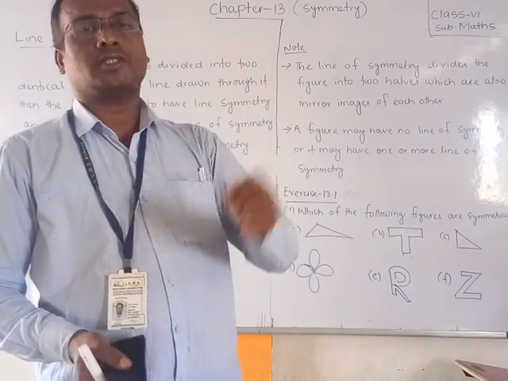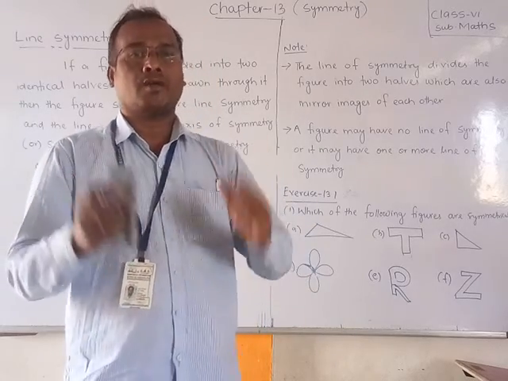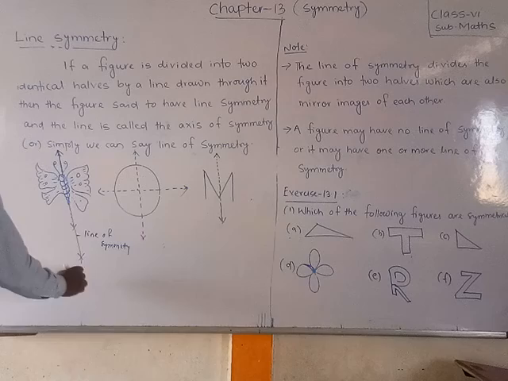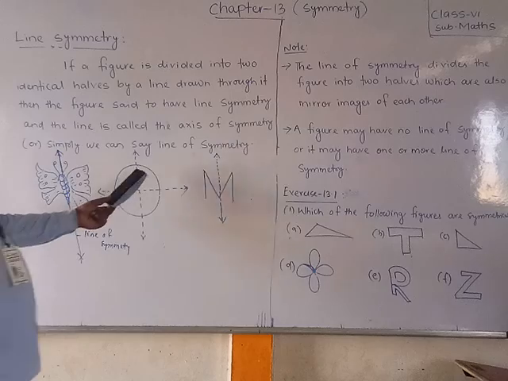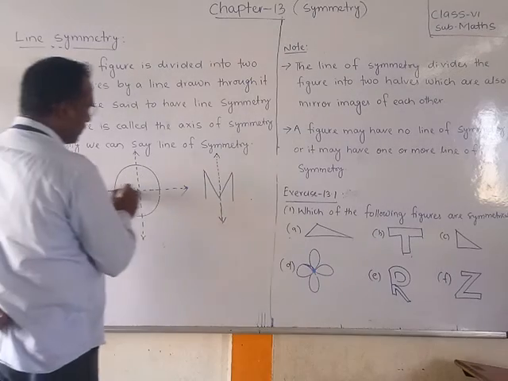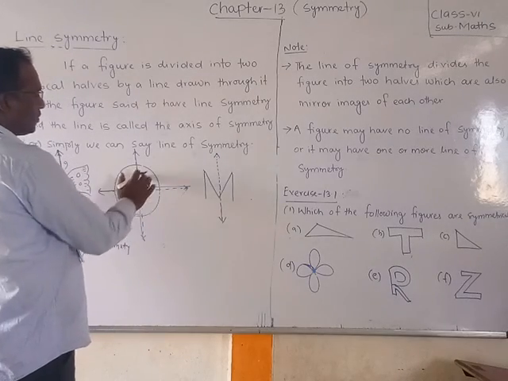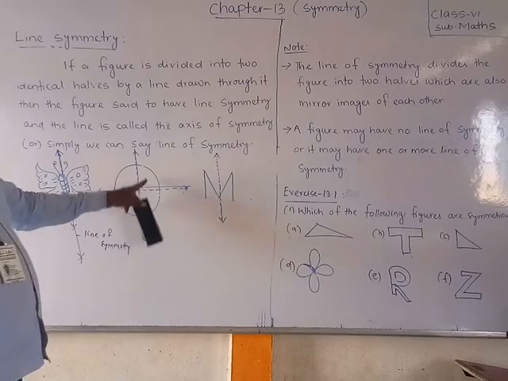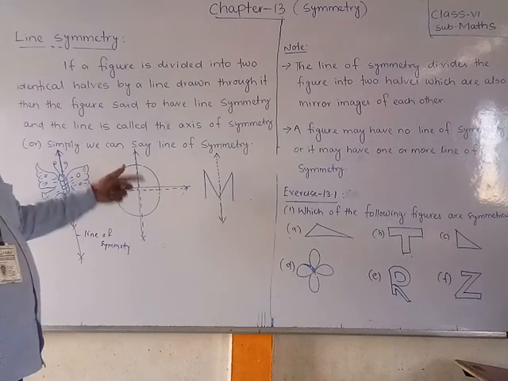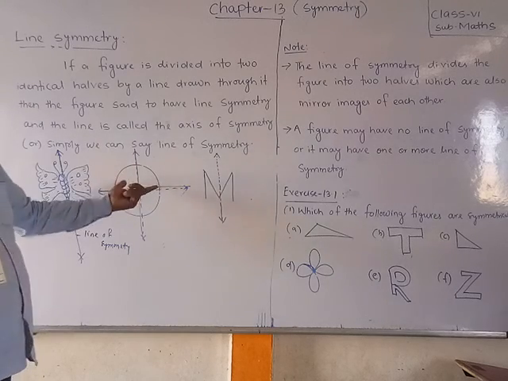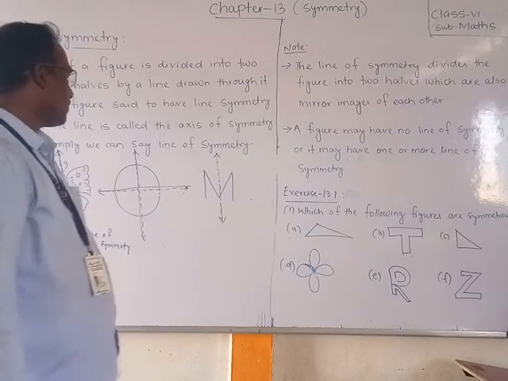Line of symmetry means a line drawn on a figure that makes two equal, identical halves. Now this is one line and two equal halves, so it is called a line of symmetry. Now one circle is there, see friends. I draw one line here and one like this, yes or no? Now four parts are formed. If I draw one more line, it will still be equal, so there are more lines of symmetry, two or more. This is more than one. Now M. See that here, friends.